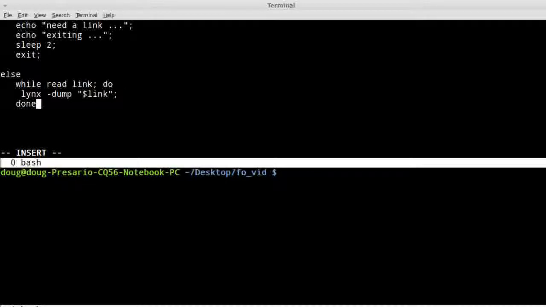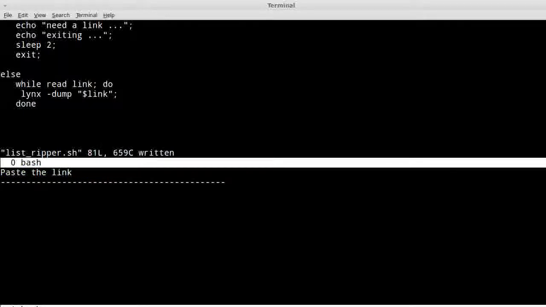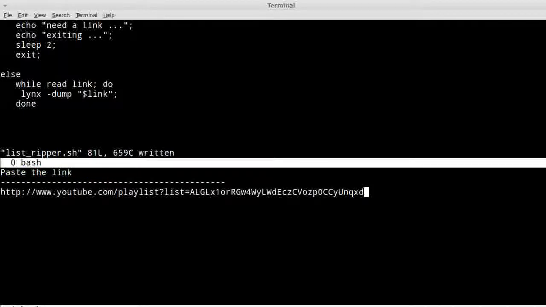Say done over here. While read link do links dump $link. Now we have to do some cutting and pulling it apart and everything, but for right now we'll just run this and see what happens. So paste the link. By the way, I'm in Mint 13, and you can hit Control Shift V. We'll paste it. So put the link, and it's going to take a second, but it should dump out this here,